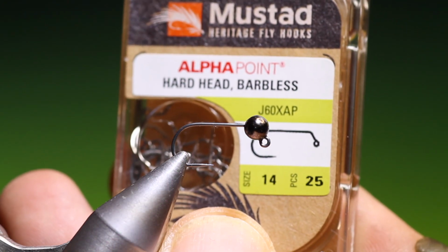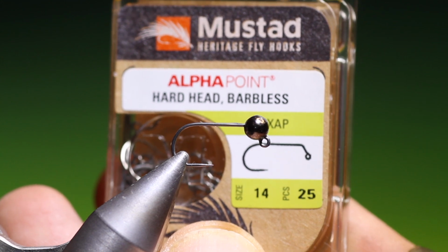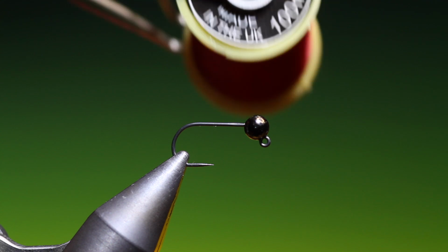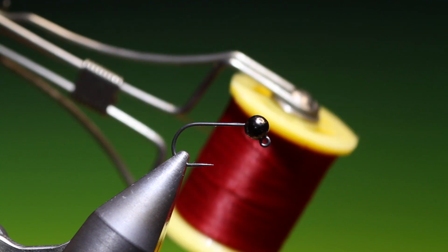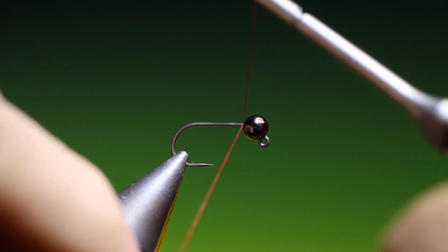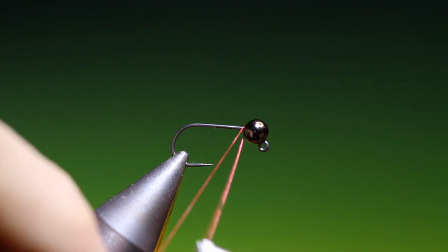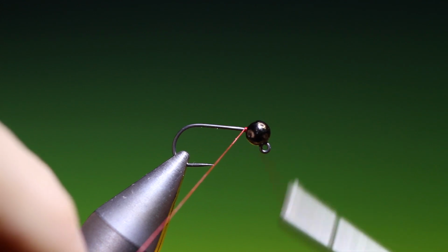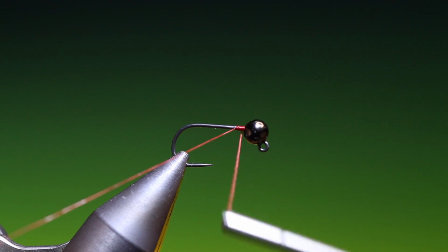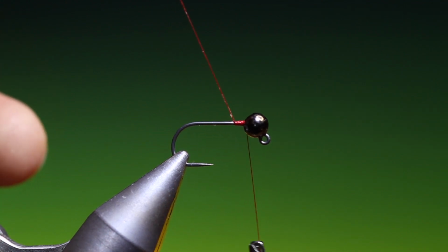Okay, we'll start with a Mustad Heritage hardhead barbless jig hook, size 14. I have Sheer 40-0 red. We'll just attach this at the back of the bead. Got a slotted tungsten bead on this. Just go back a wee ways, secure that bead,